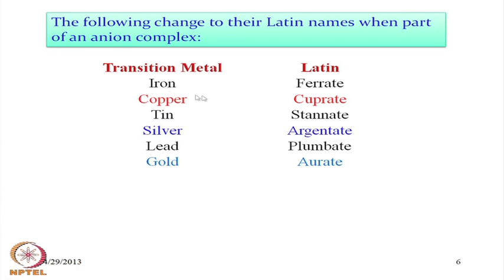For iron, we all know the symbol is Fe, that means it is coming from ferrum. So, when we use the Latin name for the corresponding anionic species, we call it a ferrate anion. Similarly, the copper we have just seen will be cuprate, tin will be related to stannate, silver would be named argentate, which is related to the Latin name of the element. Lead will be plumbate, gold would be aurate. So, the oxidation state will define and the anionic form will also define,